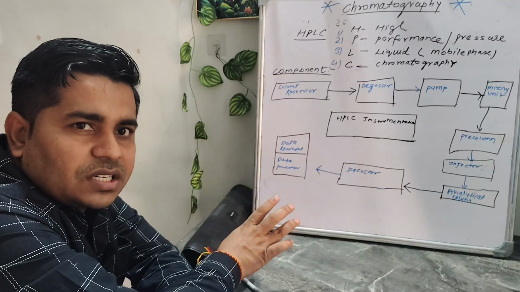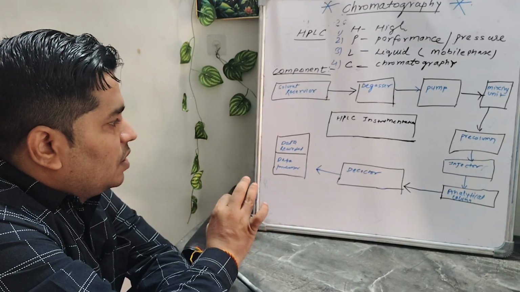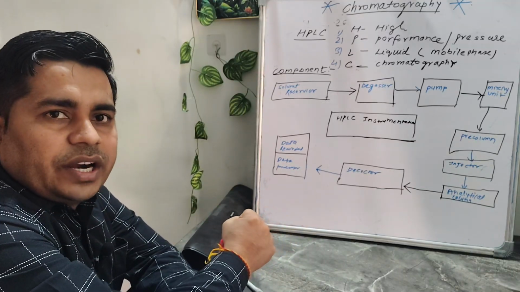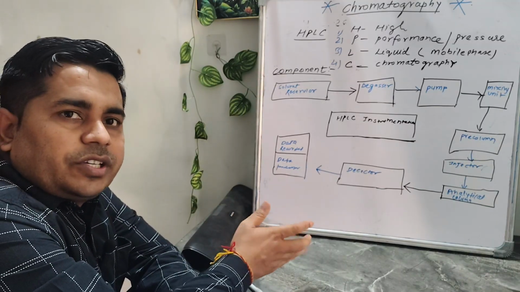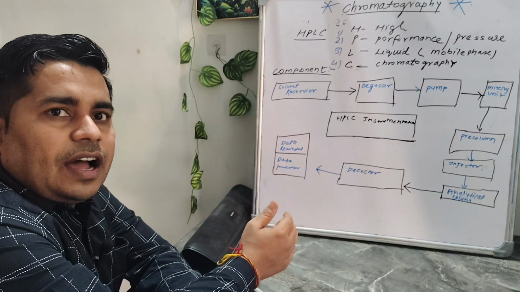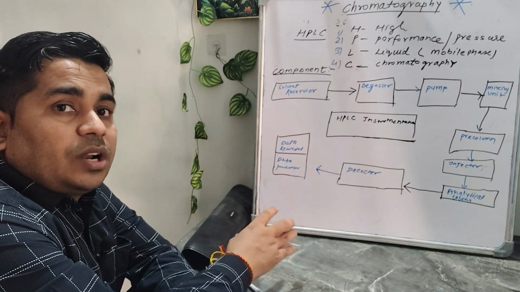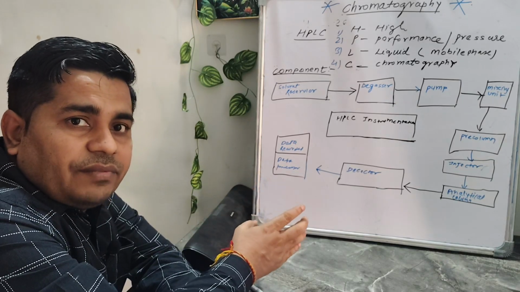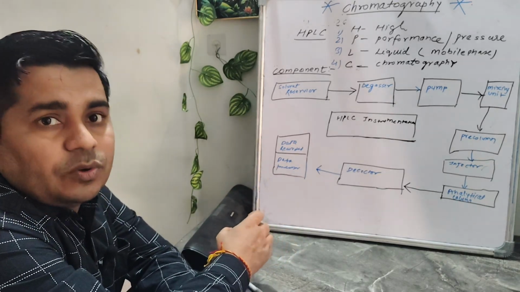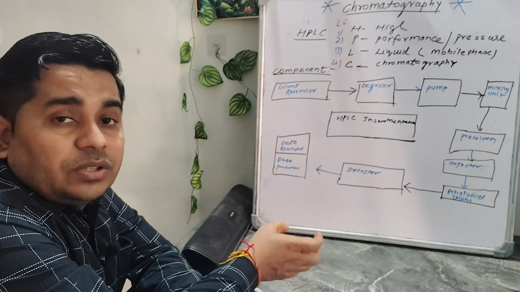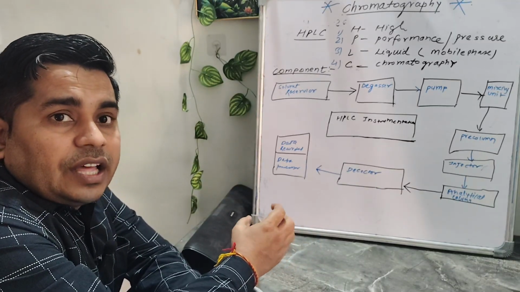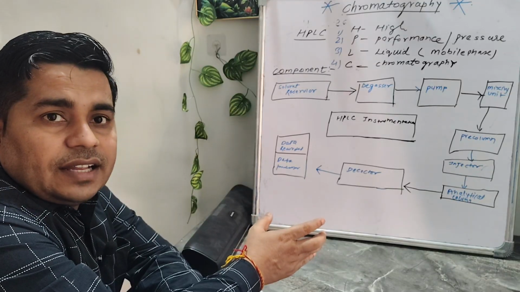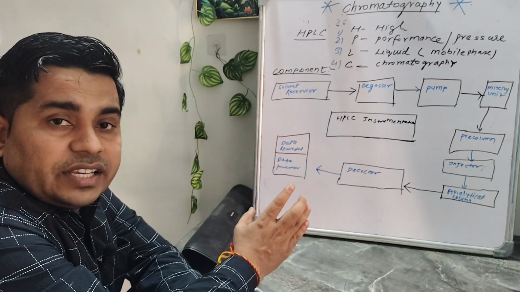Data must be processed. After getting the signal, data must be recorded and generated in the form of a chromatogram, and we are able to get the area with respect to the standard and calculate the parameters we have to run on the chromatographic system. Suppose we are doing the assay, then we get the purity of the compound. Suppose we are going to perform the dissolution, then we get a consistent result of 6 units, 12 units as per the stages and as per the studies.